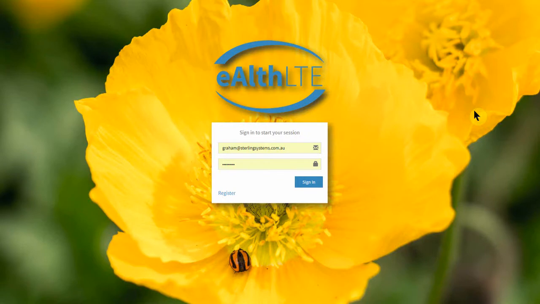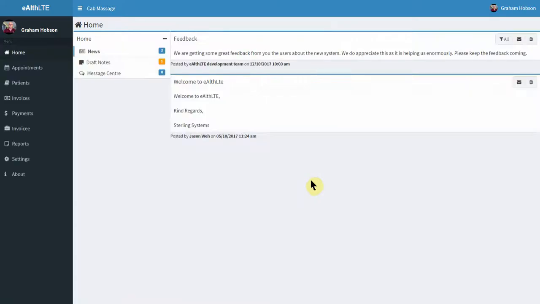Welcome to eAlthLTE recordings. When you get your eAlthLTE registration, you will receive a username and password. When you log in using Google Chrome, you will get presented with this style of screen. So you put your username in, your password, hit sign in, and you will immediately come to the home screen